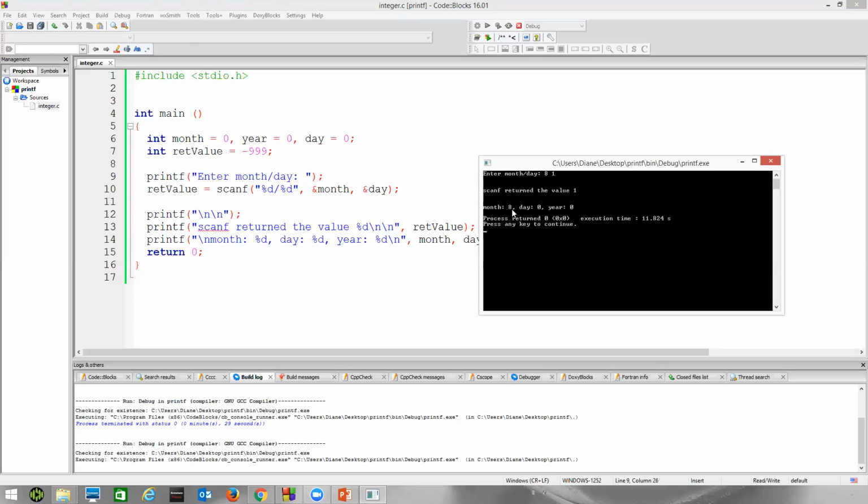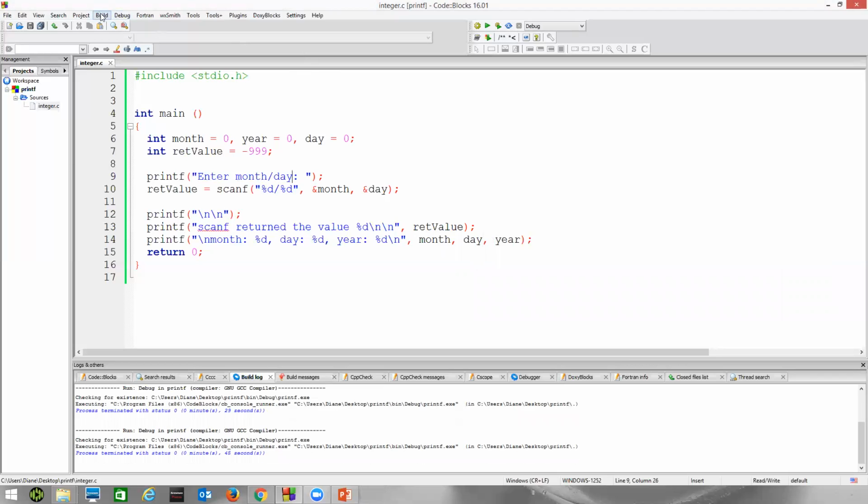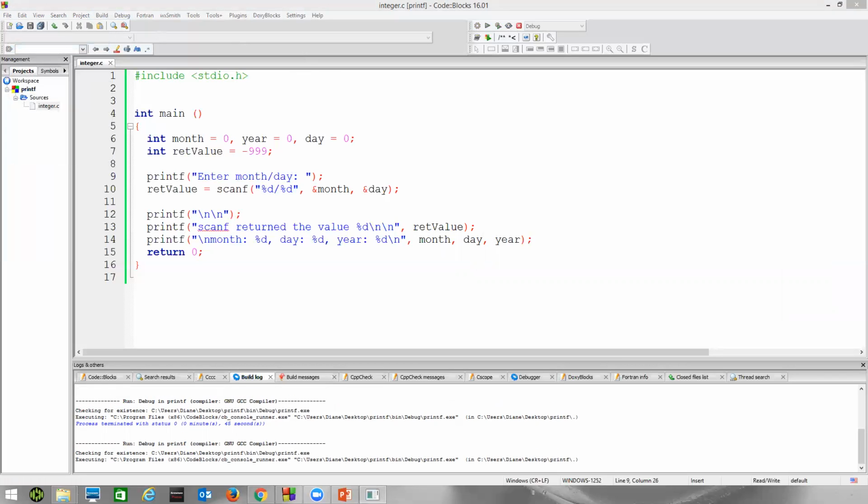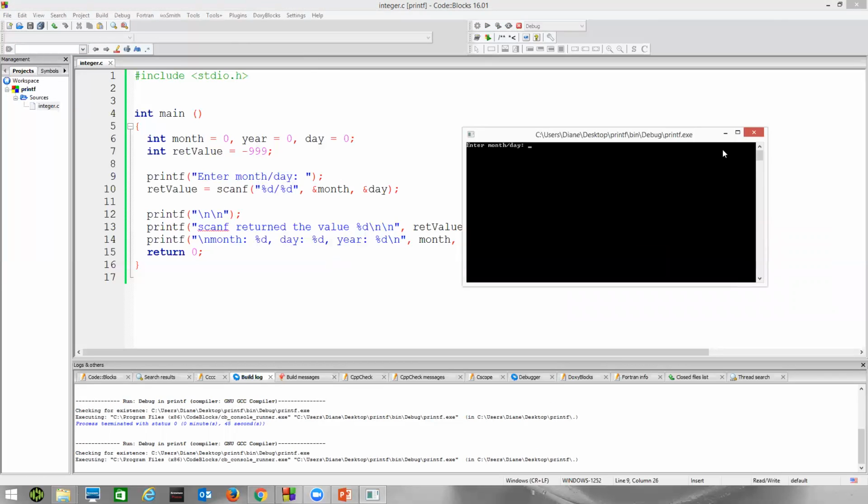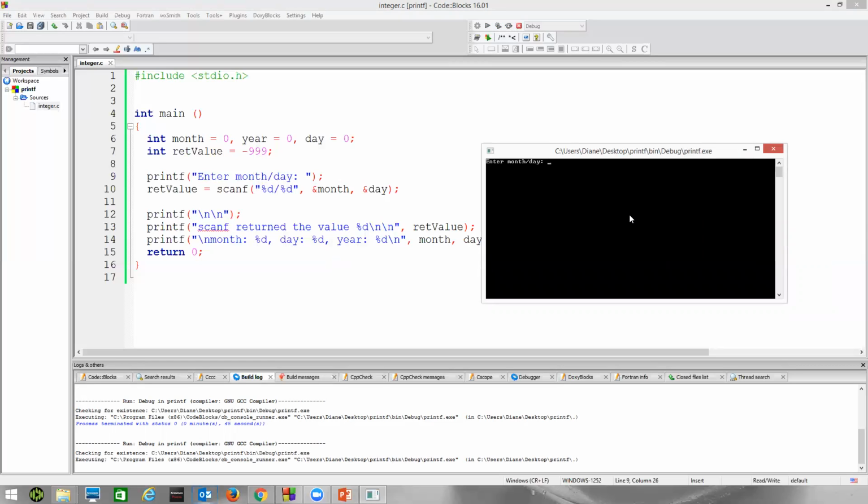We can see that it stored that into the month, number 8, the one thing it read, and that's why it returned a value of 1. Right? When it read both, it returned a value of 2. If it can't read any, we'll see it return a value of 0. So if we run it now, and let's type